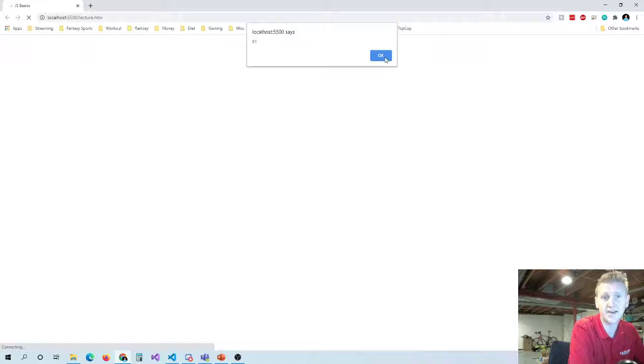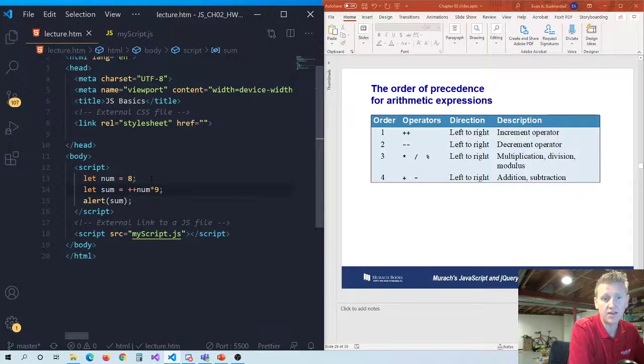There we go. 9 times 9. Yeah, I was trying to do plus plus on just a solid number. You had to do plus plus on a variable instead. So that would occur first. The plus plus would happen first, and then it would do the multiplication. So 8 is num, and then you increment num to 9, and then you say 9 times 9, and that gives you